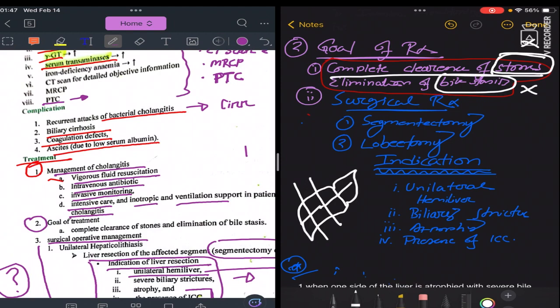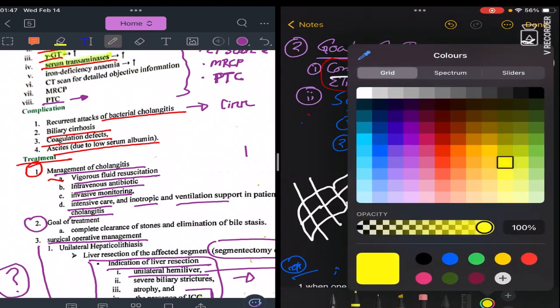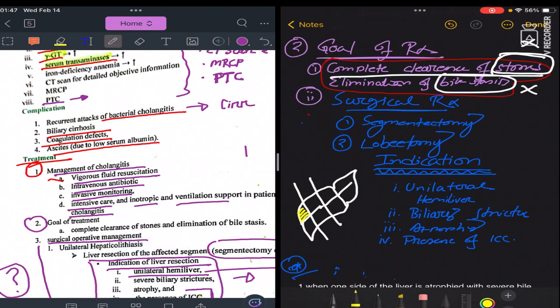Various kind of segment. If we can go for segmentectomy, okay, the segmentectomy, or even we can go for a lobectomy. An indication. What are the indication? Indication, there may be